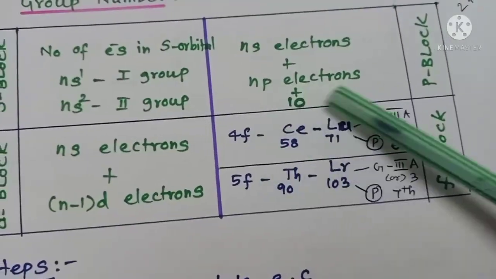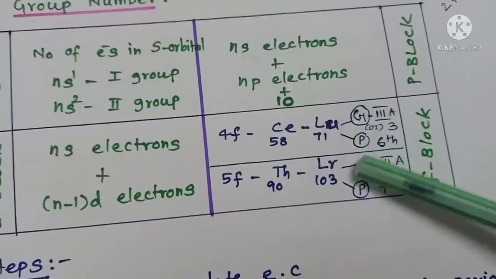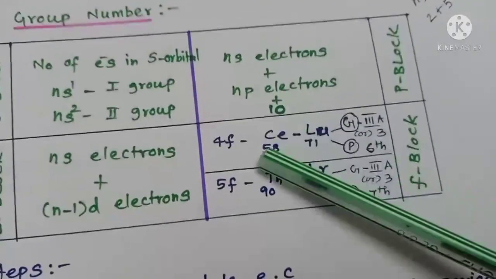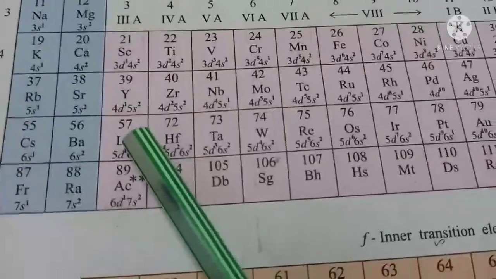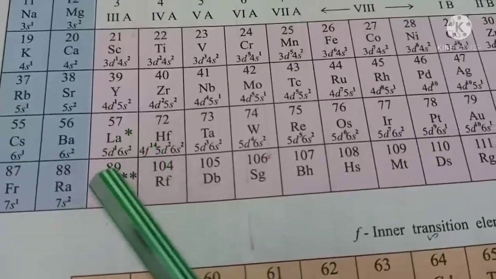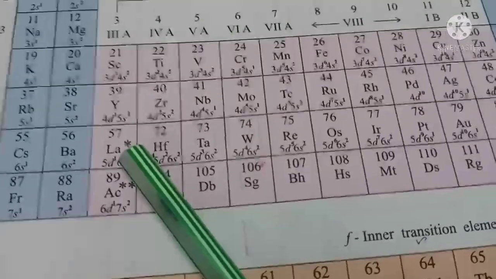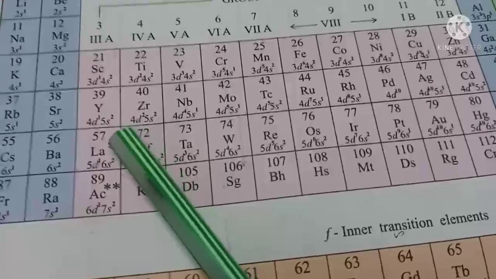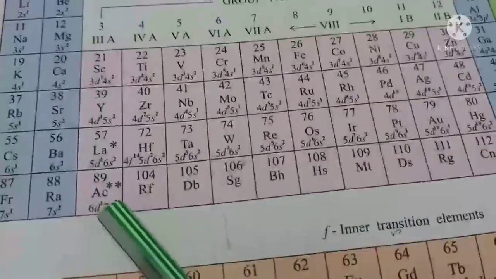These are placed separately at the bottom of the periodic table, but in the original periodic table they are supposed to come after lanthanum and actinium. Here we have lanthanum with atomic number 57, and the 14 elements cerium to lutetium are supposed to come after this. Cerium with atomic number 58 and lutetium with atomic number 71 come between lanthanum and hafnium. Similarly, the second row, the 5f block,